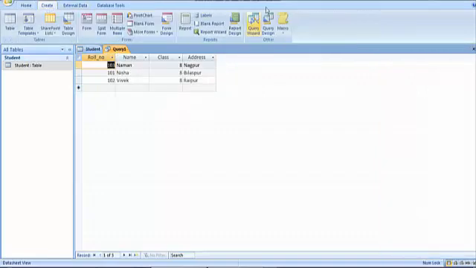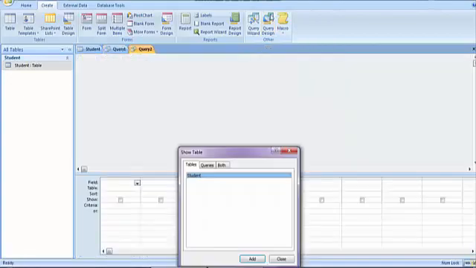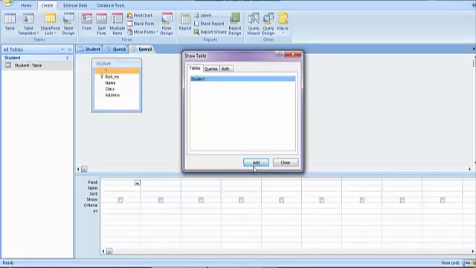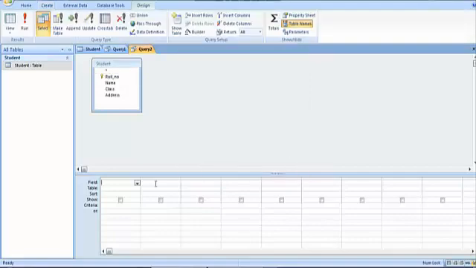Again I'll go to the create tab, query design option. Again the name of the table appeared here. I'll add that table and I'll close that box. Now let me select only two fields, suppose name, and here let me select class. Now sort, let this again be in ascending order or whatever you wish to.